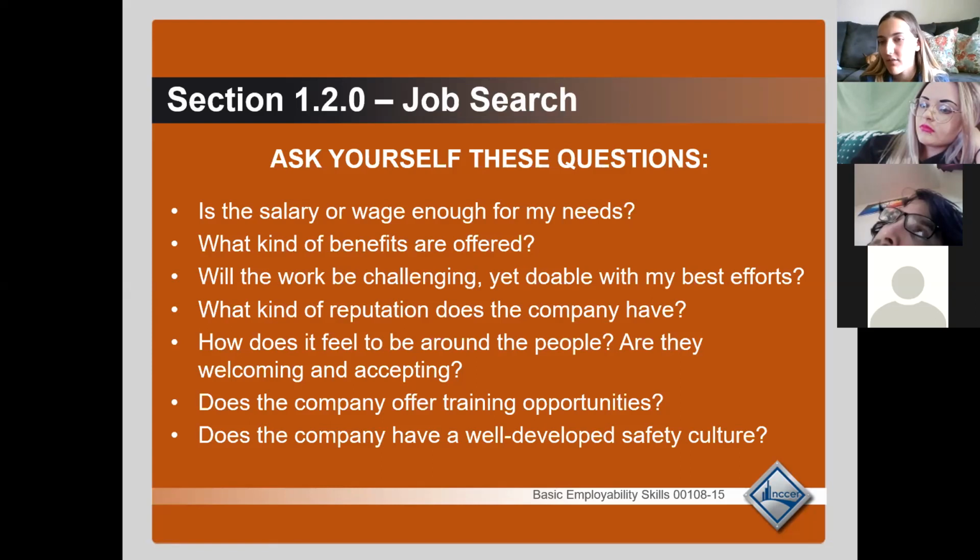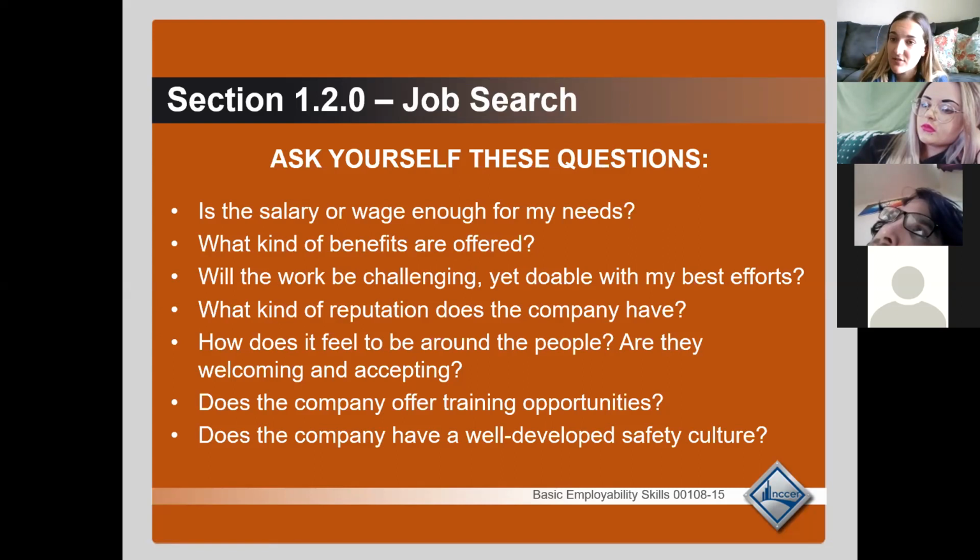Most employers are totally fine after they've offered you a position. You don't have to accept right away. You can say, hey, can I have a day to really think about it? And most of them will say absolutely, no worries. But you need to make sure that that salary is going to meet your needs, right?